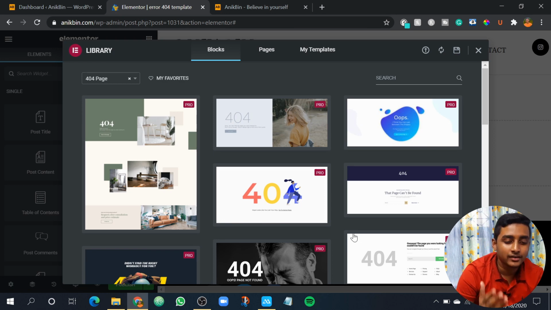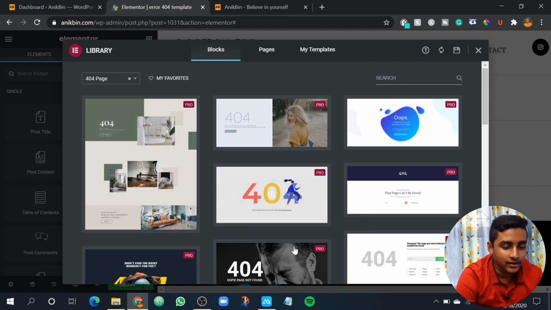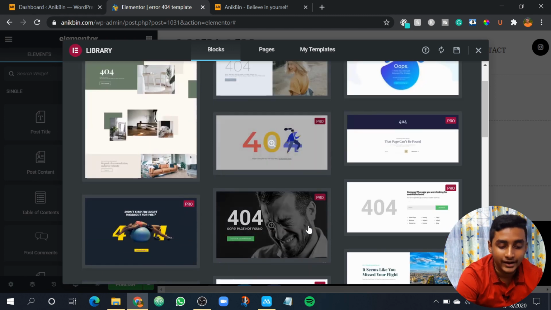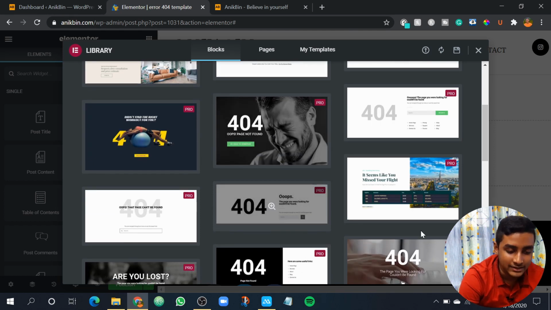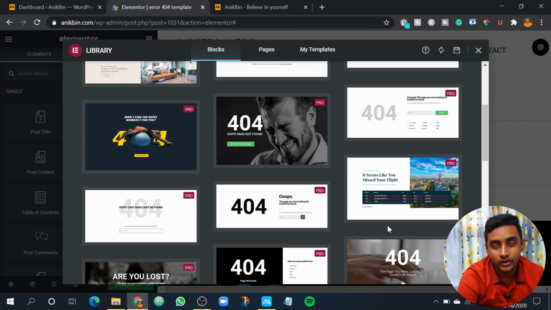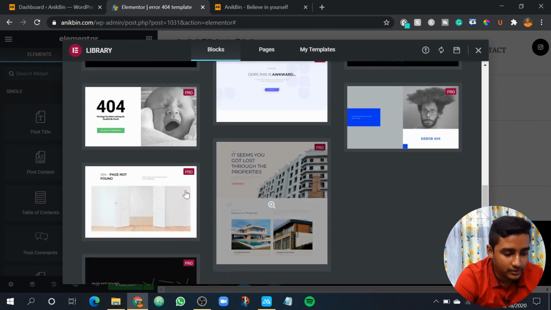So now after clicking Create Template, here are all the options of ready-made templates that you can use on your website. Or if you don't want to use these templates, you can create your own template also in Elementor Pro. But for this video I'm just going to use a ready-made template. You can see these are all Pro.